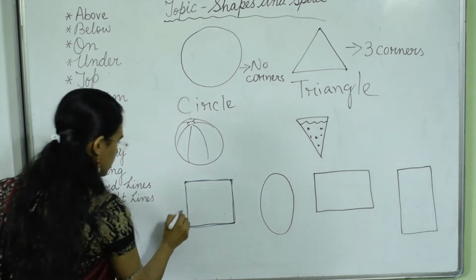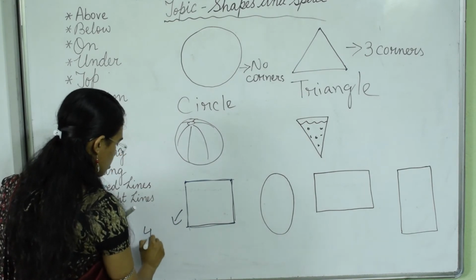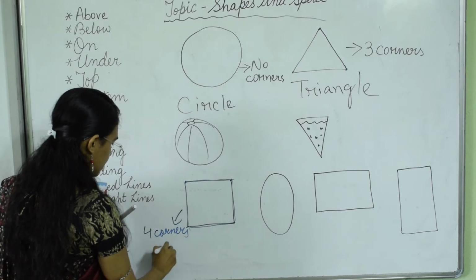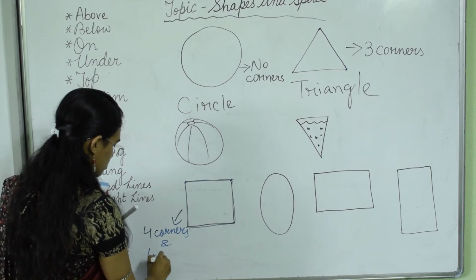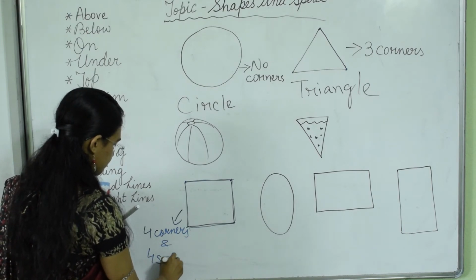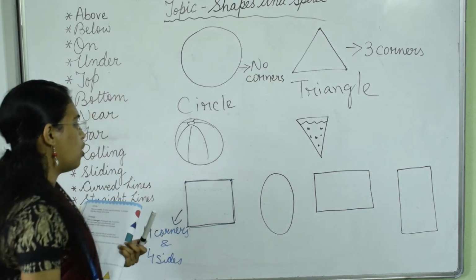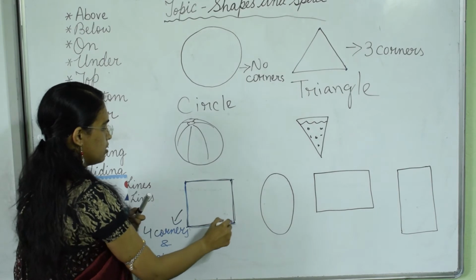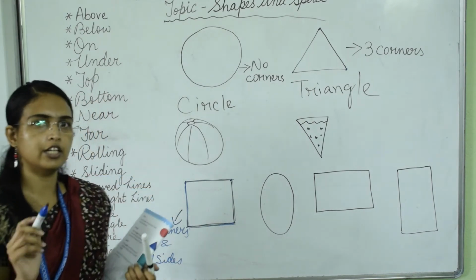So in a square there are 4 corners and 4 sides, and all of them are of equal size. Okay, in a square all the 4 sides are equal,